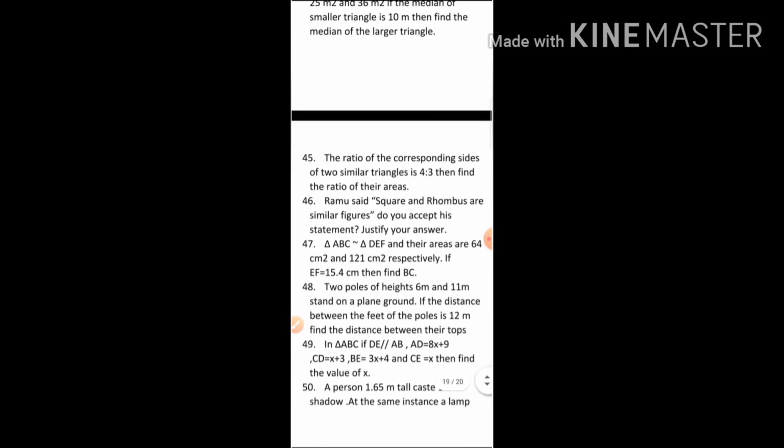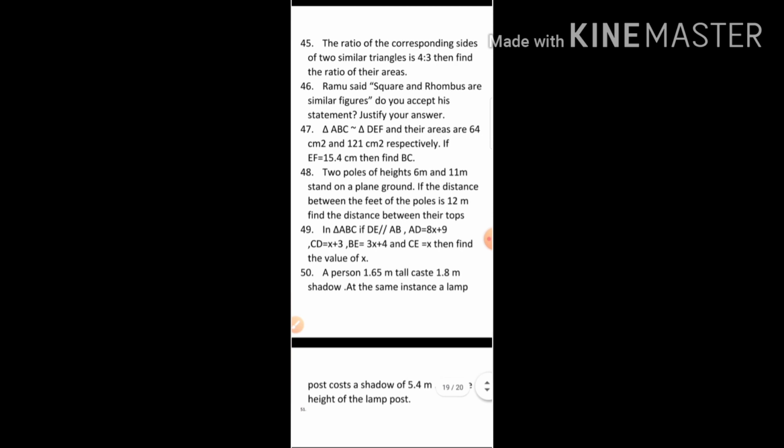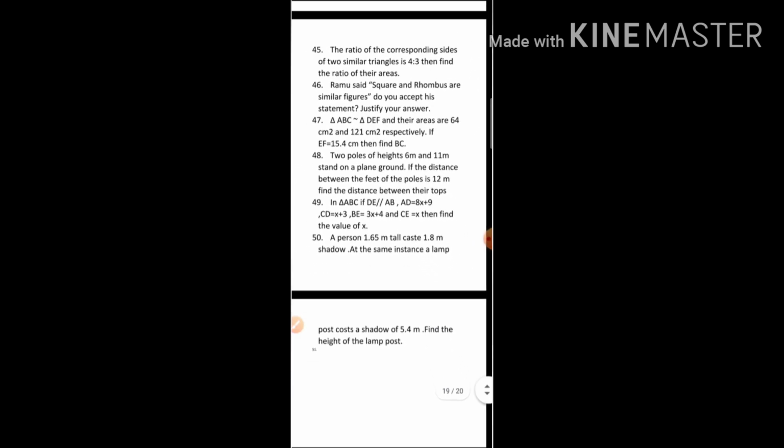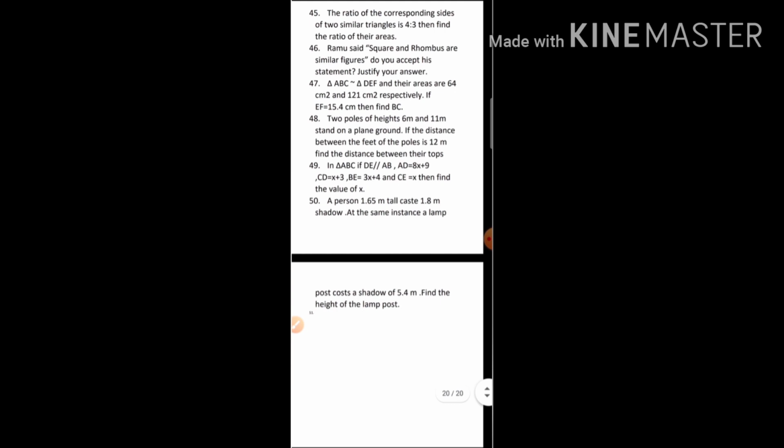Similar triangles: just what is the BPT theorem, and what is the ratio of the areas of 2 similar triangles, equal to the ratio of the squares of the corresponding sides. That formula is in exercise 8.3. And sometimes they will ask the Pythagoras formula. General questions they will ask. You need not worry about the 8th chapter.